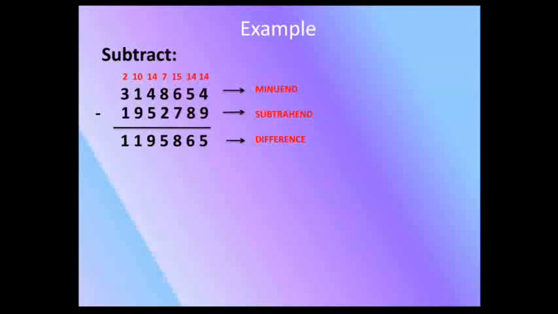First, take the number present at the ones place, that is 4. 4 is less than 9, so you can't subtract 9 from 4. So you have to borrow one from 5 at the tens place. So it becomes 14. 14 minus 9 is 5. Now at the tens place there is a 5, which already gave 1 to 4, so now it becomes 4. Again 4 minus 8 is not possible. Again it borrows one from 6, and it becomes 14. So 14 minus 8 is 6.